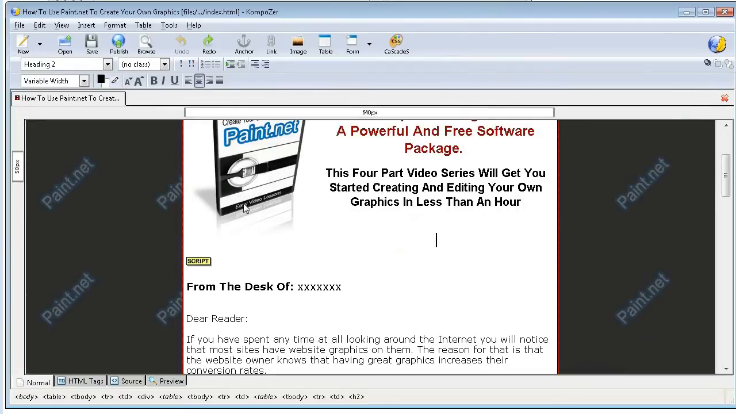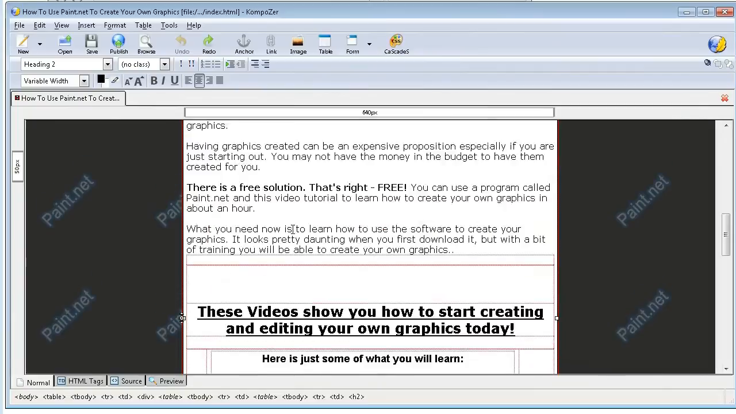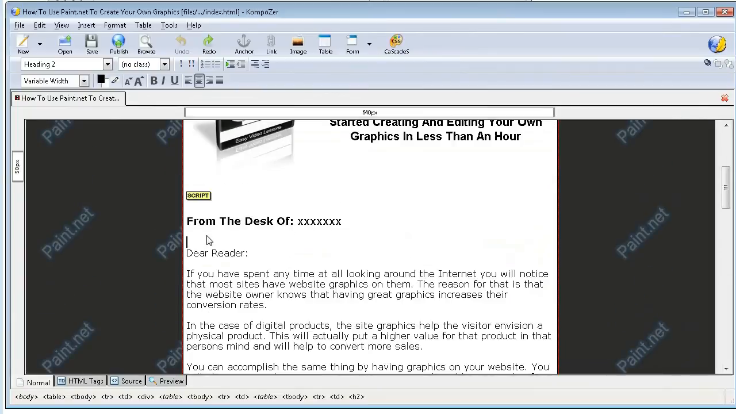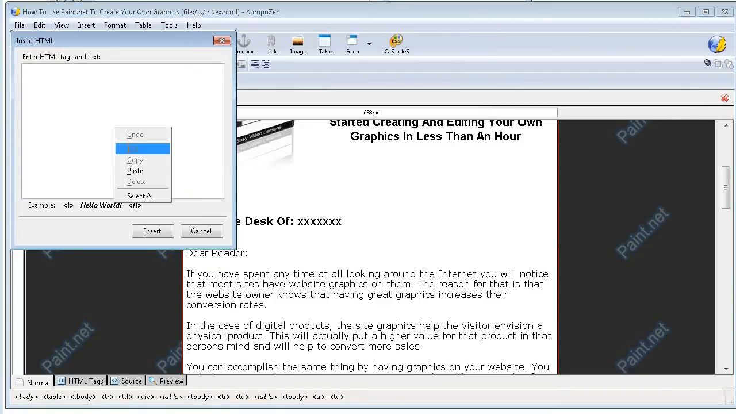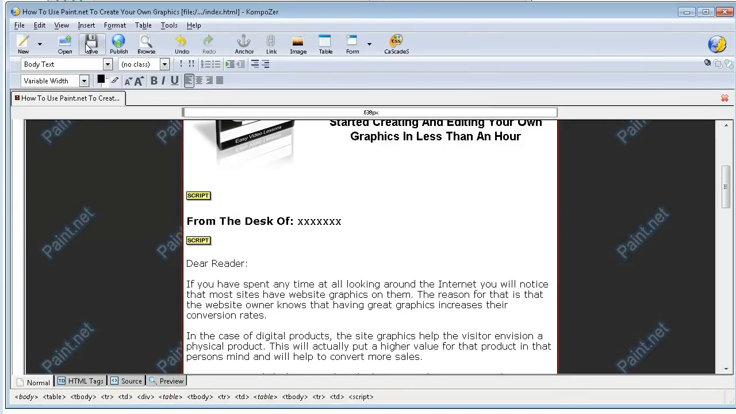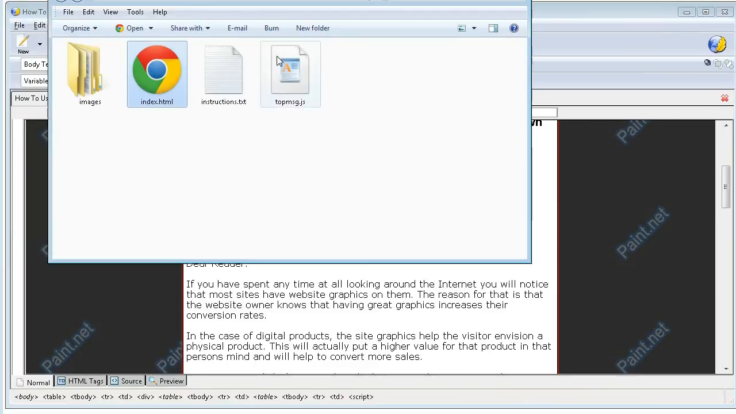So anywhere you want in here, it doesn't really matter. I'm just going to place it right here. It's not going to show here, but it needs to be somewhere in the body. So what we'll do is we'll do insert HTML and we'll paste this in here. Insert, save. Now let's go back to our working directory here, and now if I double click on my site,